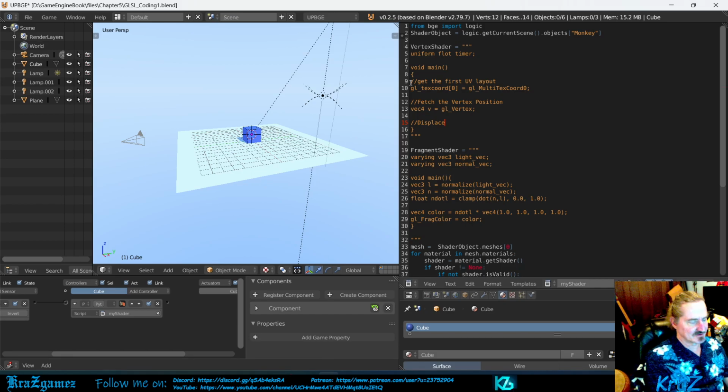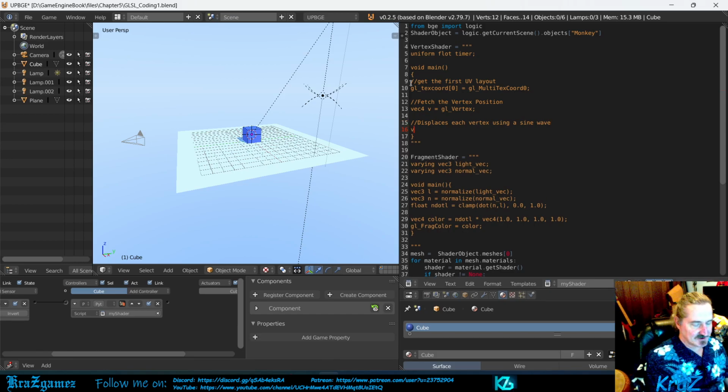Let's spell it right. ES. Splices each vertex using a sin wave. Hit enter, and then hit v.x equals v.x again plus the plus sign sin